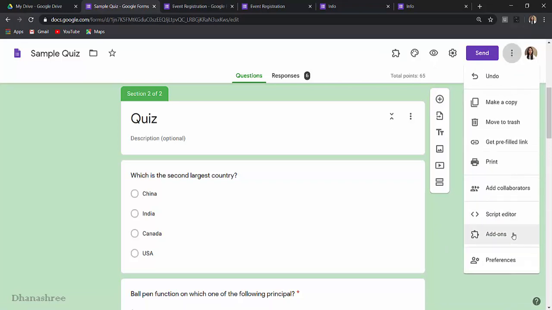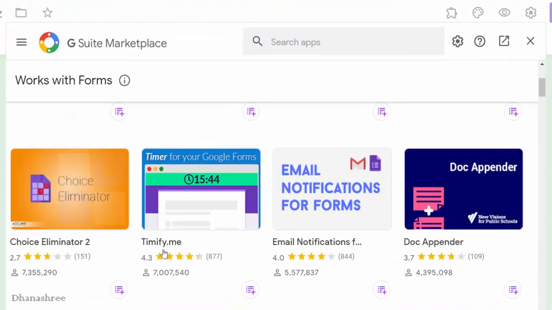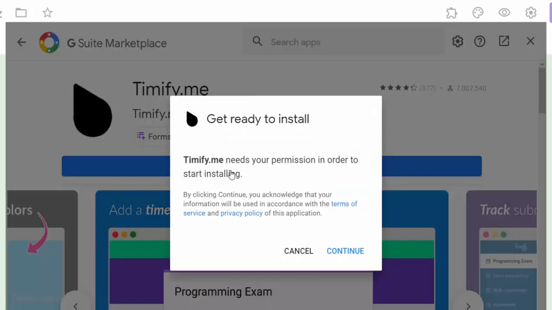For that, again go to the 3 dots, add-ons, and select timify.me and say install.